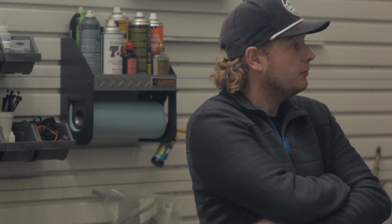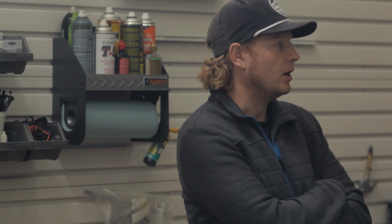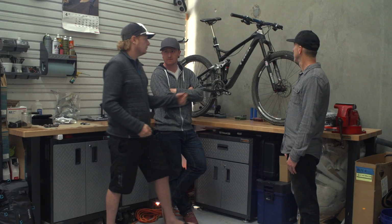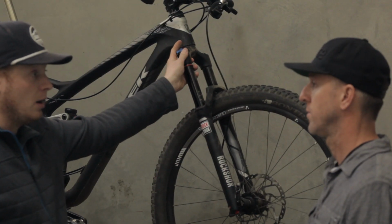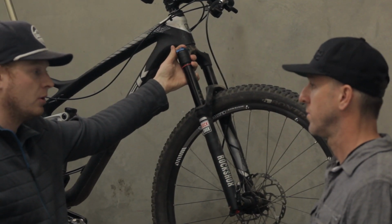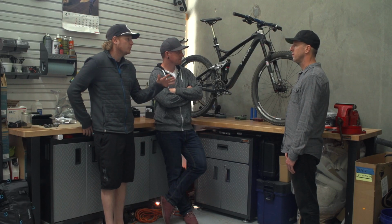I really like both forks, but I do like the compression control of the Revelation a lot. You've got several clicks on the fork, more clicks than on the Fox, which is just climb, trail, descend. So I like that it's a little bit more fine tunable than the Fox fork is,